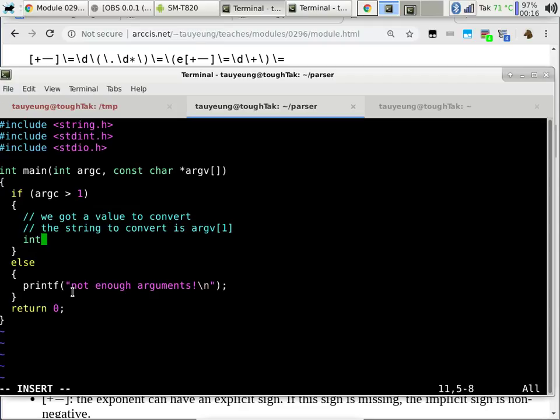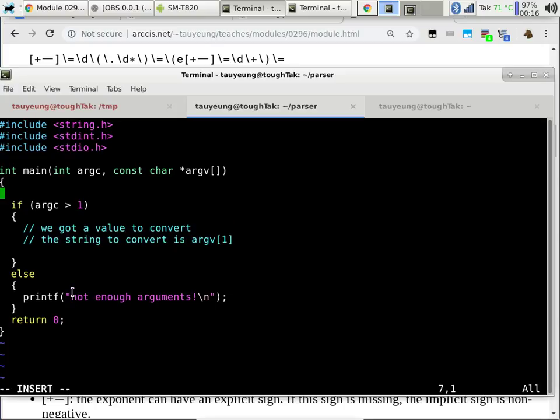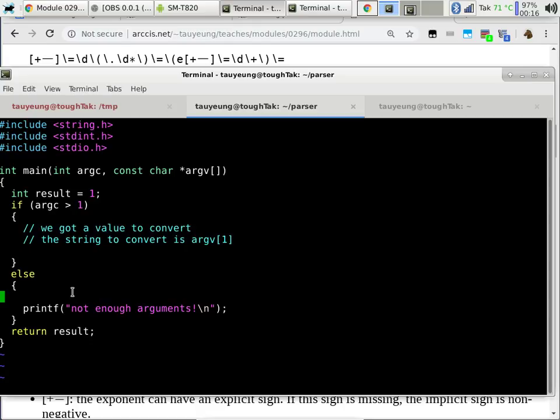I'm just thinking about what to do about that. So I'll say int result, or just result. Okay, so we'll put a result here. int result equals 1. And then change the return value here to result. There we go. So this way we can return errors. So this way we can say result equals 1, which is already defaulting to